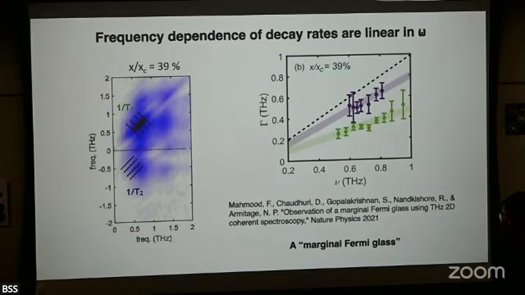Yeah. So the model that Rahul and Sarang Gopalakrishnan put together was essentially one based on dipoles interacting with each other by dipolar interaction. There's an old model that goes back to Levitov about the delocalization of dipoles on a random lattice. And so that was the model that was basically used. It turns out when you put in the dipole density of states in the system that we think exists here,